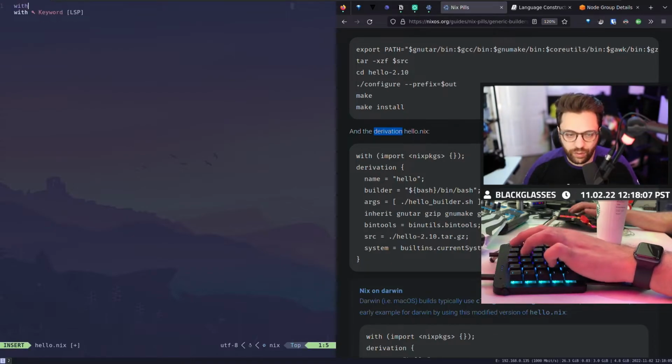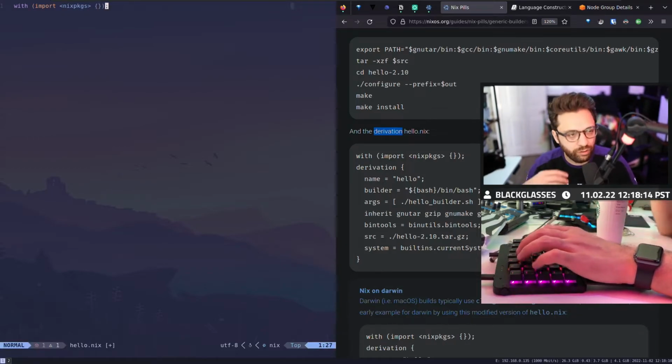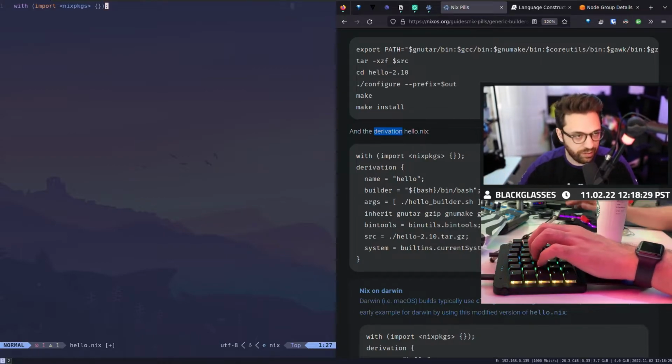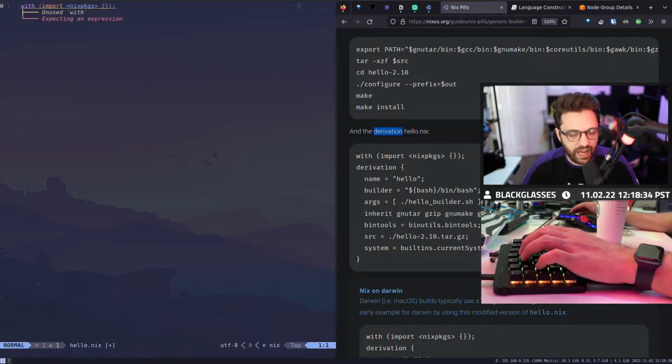And then we're going to edit it. We're going to say with import Nix packages. And you might notice, remember, I told you Nix is a language as well. We just went from a shell script that inherits environment variables from the Nix build runtime to actually using a language to define what's going to run that script. And remember, if you don't fully understand what's going on here, that's okay.